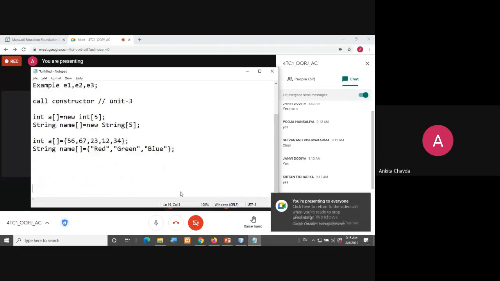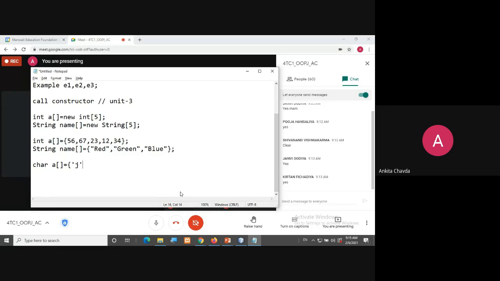Here if I take a char array equals, and I provide the values for Java, I can now create an object like String str equals new String, and instead of the default, inside this I'll pass this character array. It will make a whole string as output, that is Java.